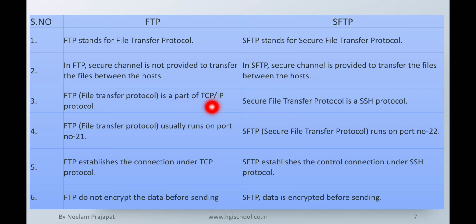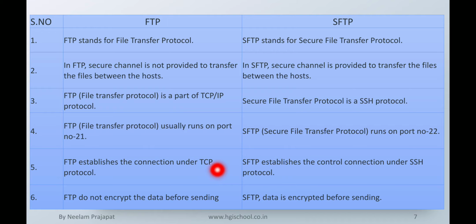FTP is a part of the TCP/IP protocol, and SFTP is part of the SSH protocol. Whenever there is a secure connection in FTP, it will adopt the SSH protocol. FTP usually runs on port 21, and SFTP runs on port 22.